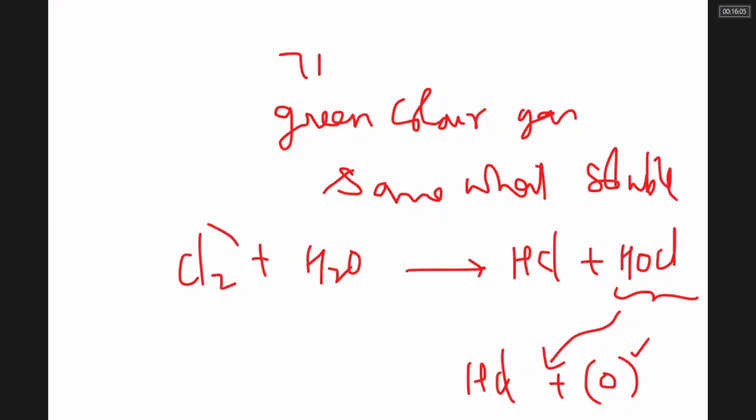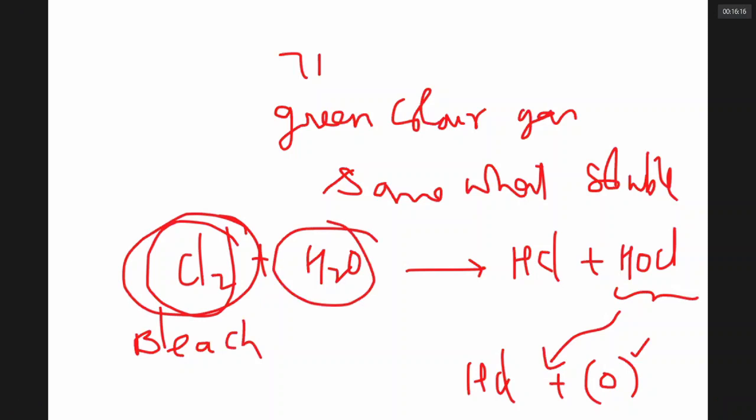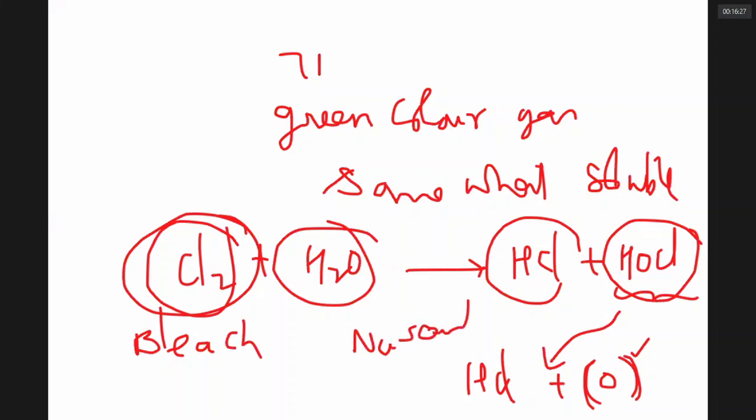Question: why are the colored flowers decolored by chlorine? Why can chlorine act as a bleach? Answer: when chlorine reacts with moisture, I get HCl and hypochlorous acid. Hypochlorous acid being unstable dissociates to nascent fresh oxygen. The nascent oxygen can decolorize the colored matter by oxidation. So if you want to use chlorine as a bleach, water is a must. If you don't have water, directly taking chlorine gas cannot be a good bleach.